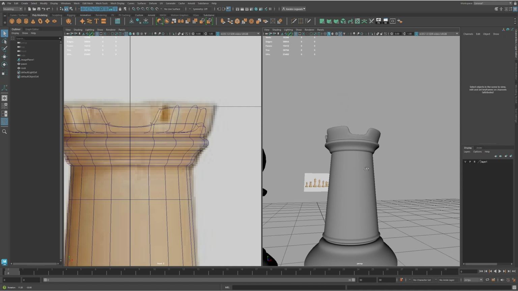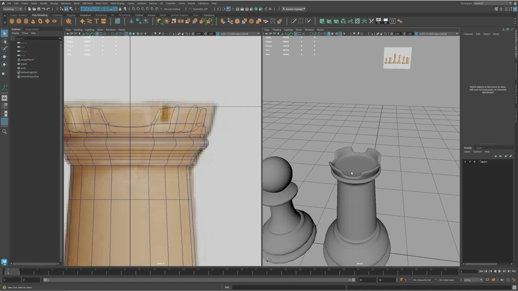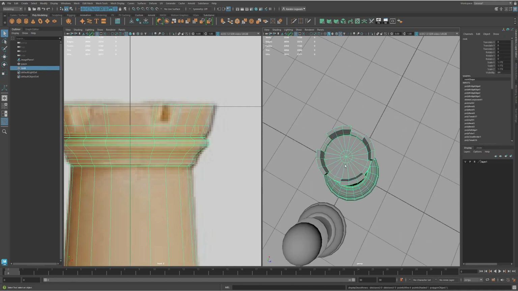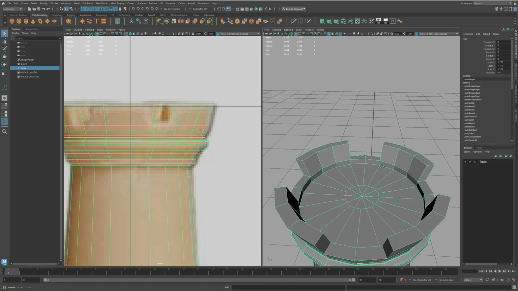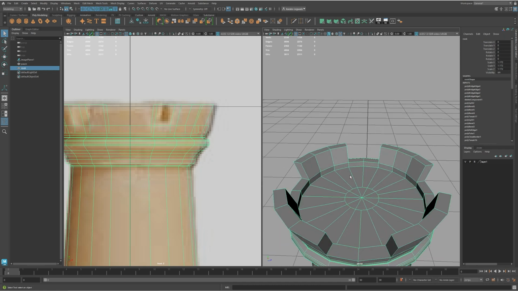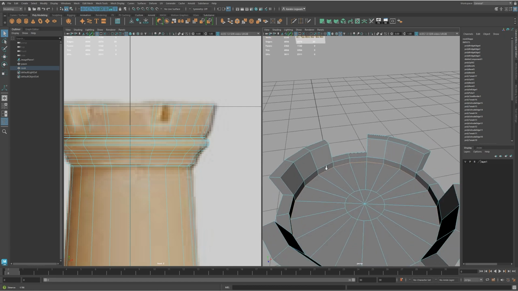Now, if we smooth it, you can see that everything else looks fine, but obviously these kind of collapse and don't look quite as good. So what we need to do is add some support geometry to make them a little tighter. So what we can actually do is, let's start with some bevels like this one right here. I'm going to bevel this,